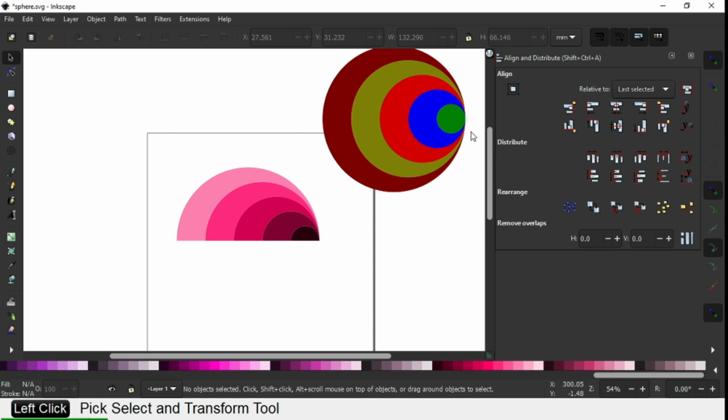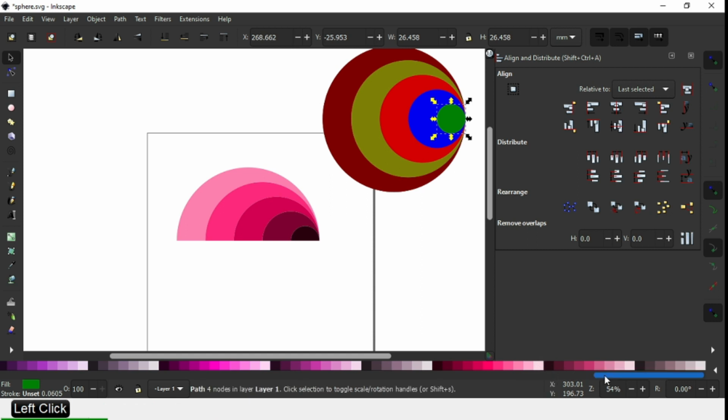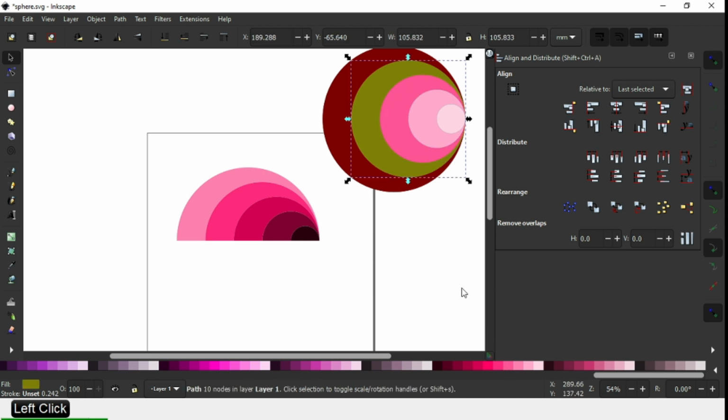You can choose your color according to your need. Select this one and change the color. Now select this and change the color.